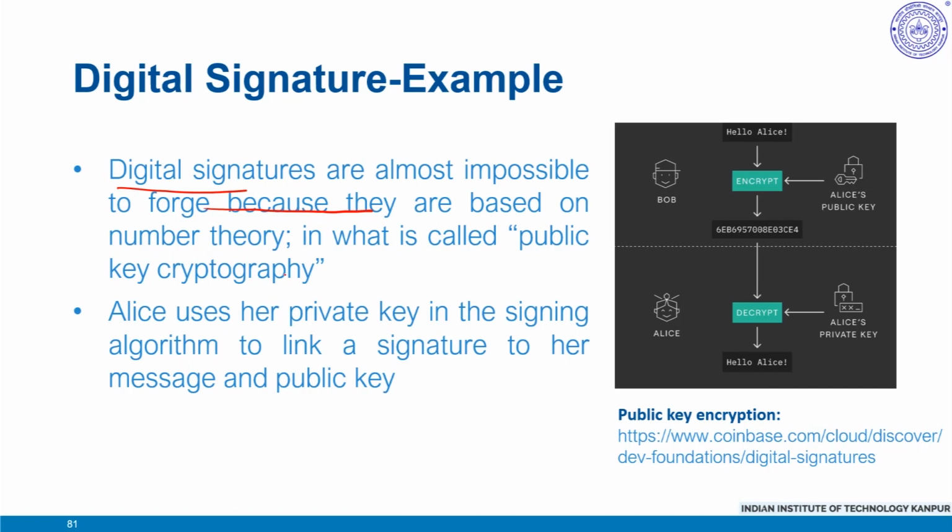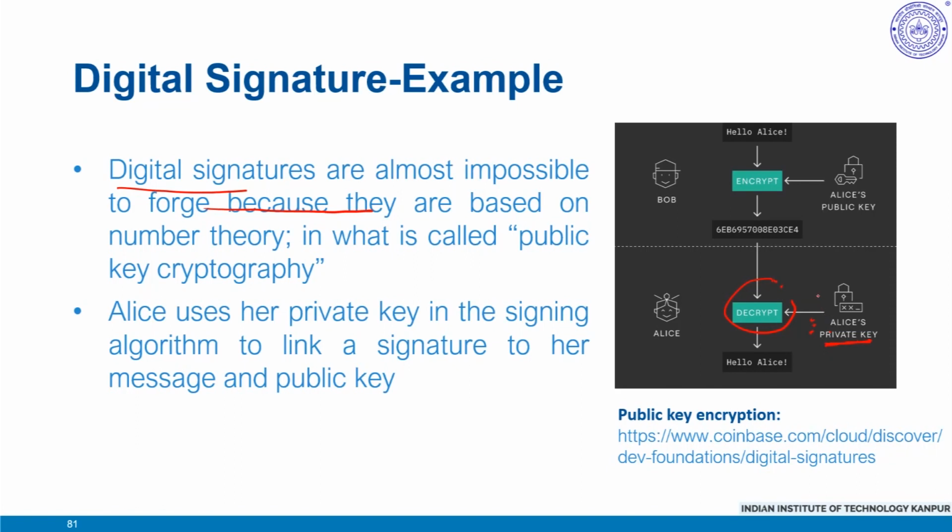Now, let's understand with an example. Suppose Alice wants to send a message to Bob. She uses her private key in the signing algorithm to link her signature to the message and the public key. So she links her private key with the signing algorithm and generates a signature along with the message and the public key. Now, nobody can derive Alice's private key or forge a valid signature for her using the signature and